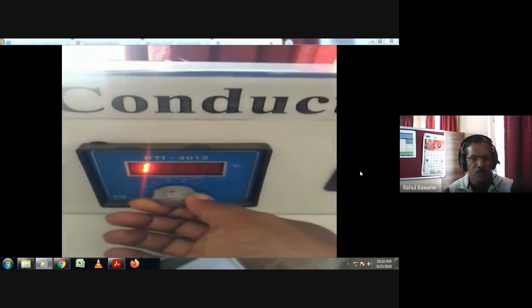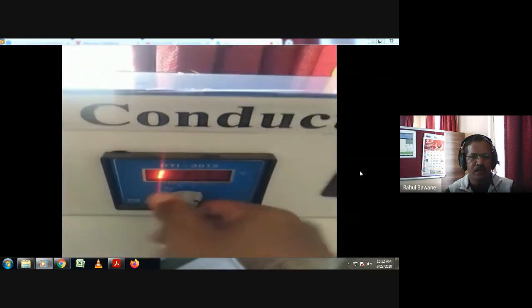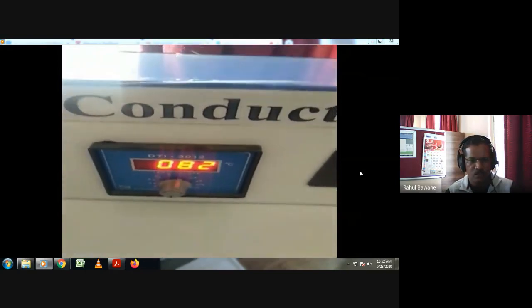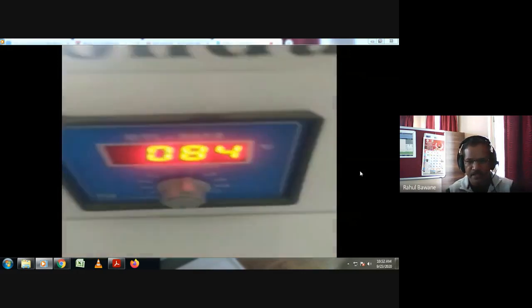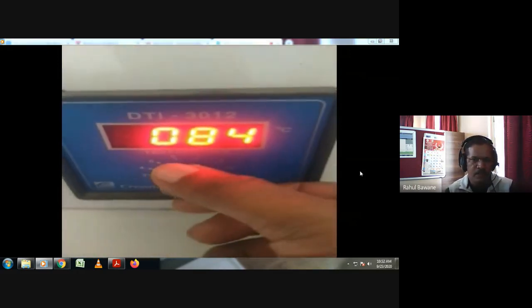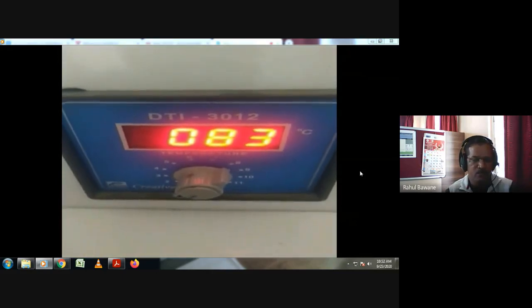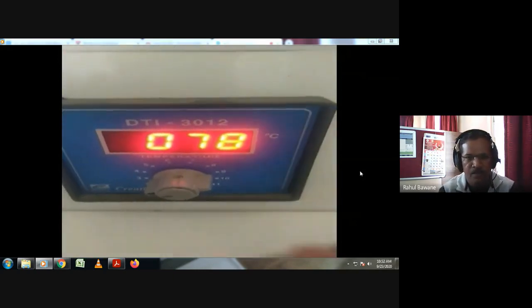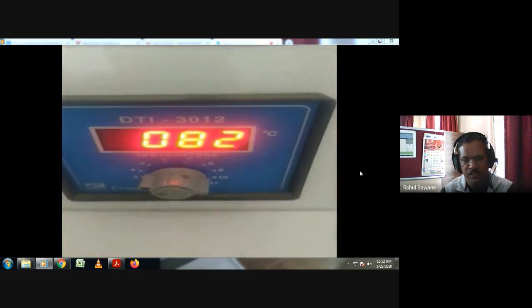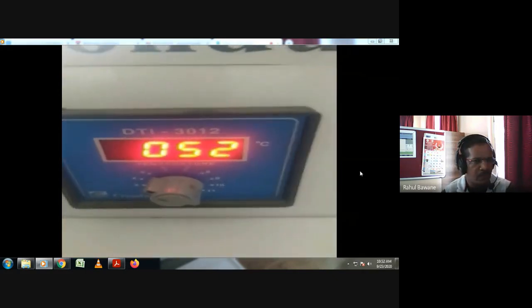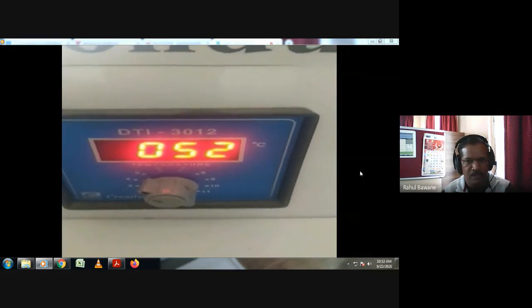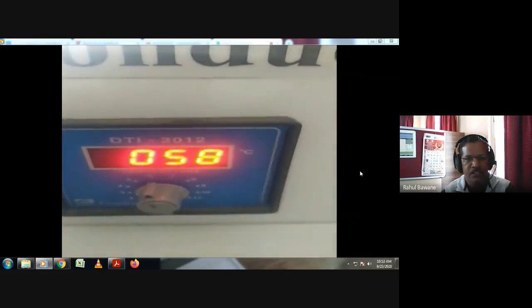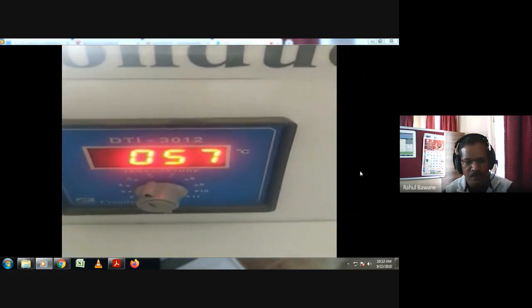How to identify the steady state condition? When there are no temperature changes. So T1 remains the same in the second set, then the next set. If the temperature readings show the same values with no change, that means it has reached steady state condition. But this requires a lot of time, and because of time limitations, we just assume it reaches steady state condition at about 1 hour. So our last reading will be the reading which we use for calculating all the sample calculations.